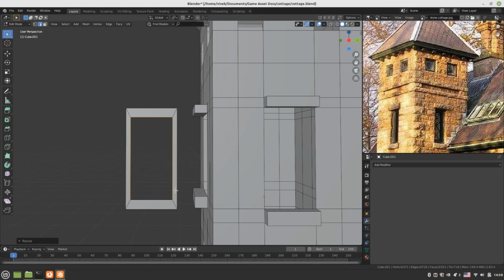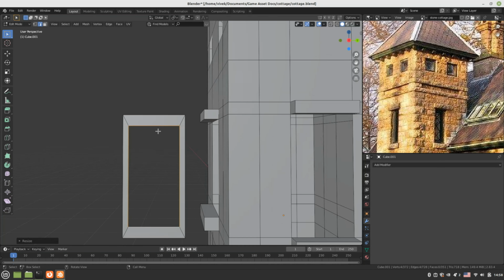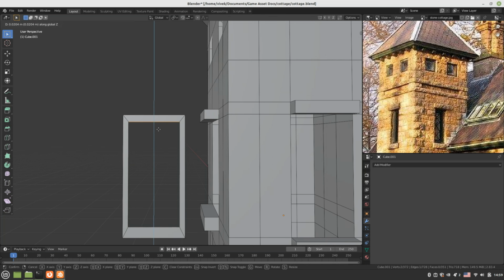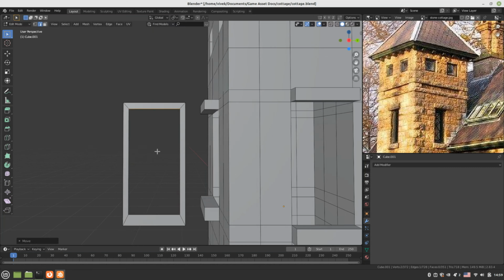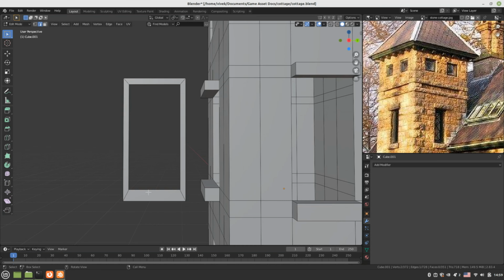Okay, and G, layer it down, grab it down, okay,